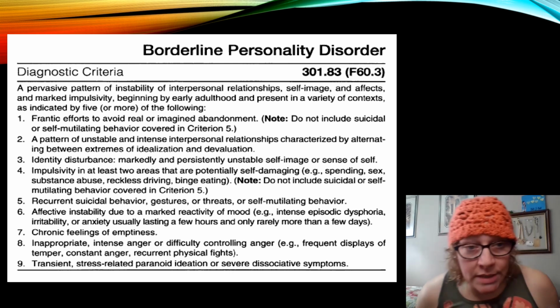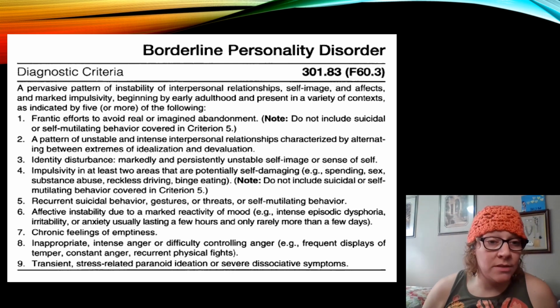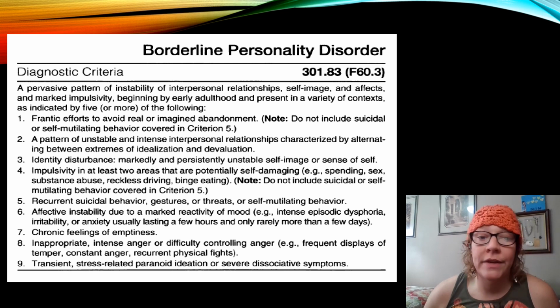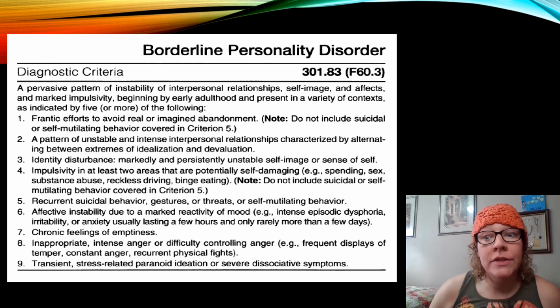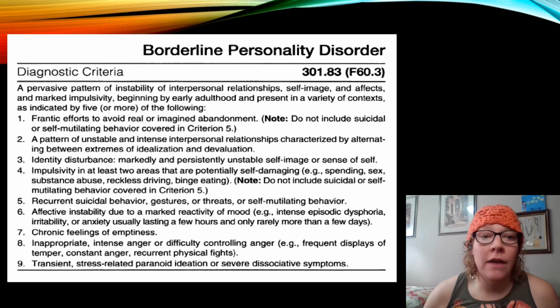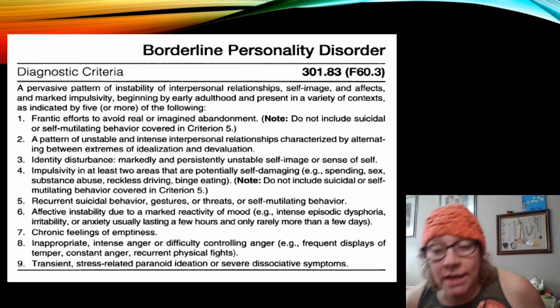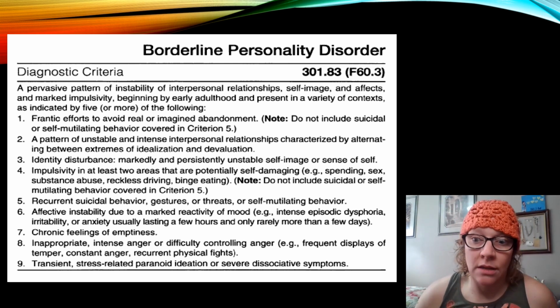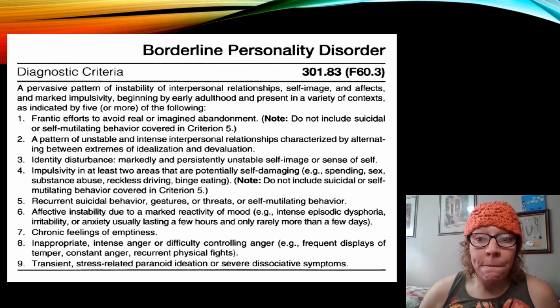To have borderline personality disorder, you would be described as someone with a pervasive pattern of instability of interpersonal relationships, self-image and affects, and marked impulsivity, beginning by early adulthood and present in a variety of contexts, as indicated by 5 or more of the following. So if this description fits you and you have 5 or more of these symptoms, then a doctor would say that you have what is called borderline personality disorder, which effectively just means you have a certain set of